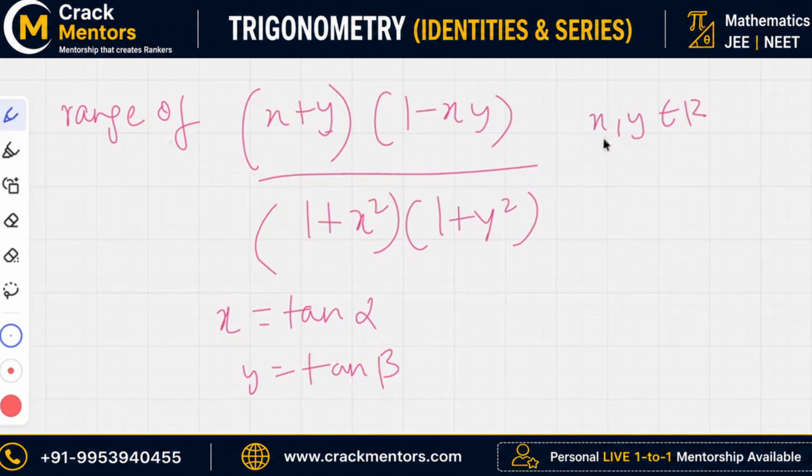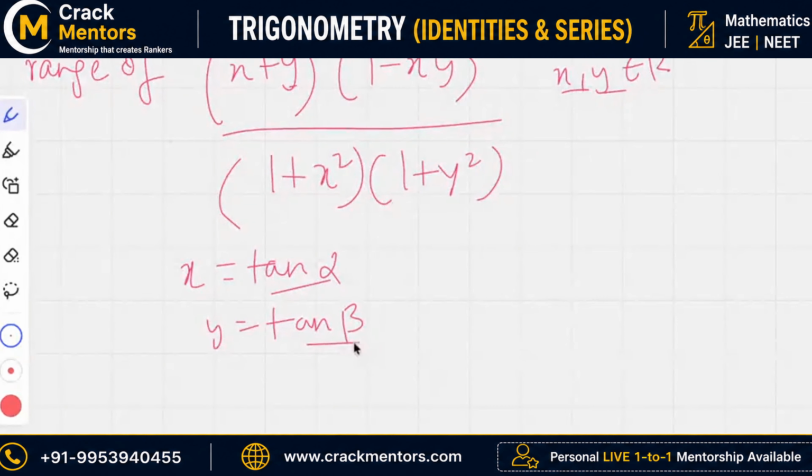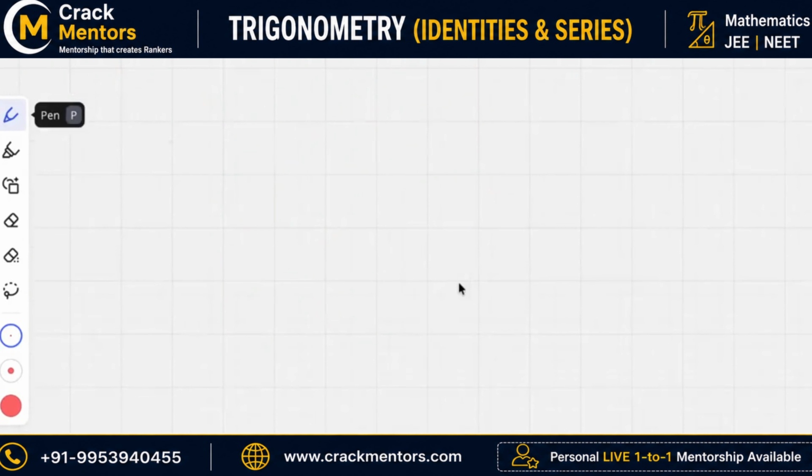Another idea is that because x and y belong to all real numbers, we know tan alpha and tan beta also have the same range, right? And also note that in such cases, one question we did yesterday also, here x and y are independent variables. Separating them as two different variables also has its own advantages. So this becomes tan alpha plus tan beta upon 1 plus tan square. So basically it's becoming